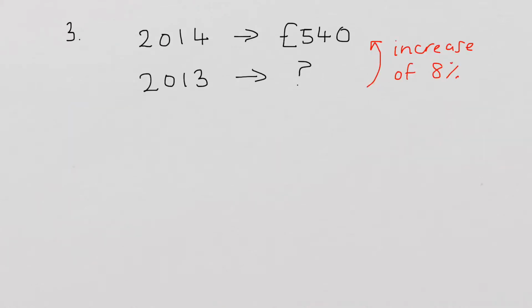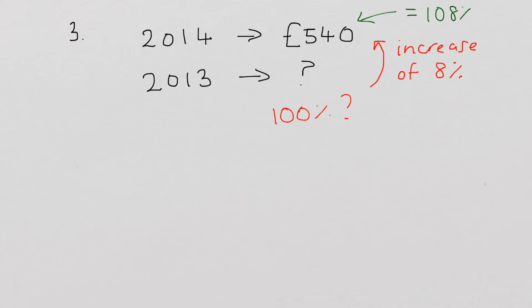And finally, question 3. We're told that in 2014, the cost of the holiday is £540. So we want to know what it was in 2013. So there's been an increase of 8%. So if we say that in 2013, that was 100% of the cost of the holiday, okay? So that's what we're trying to work out. We want to know what 100% is. If there's been an increase of 8%, then we know that this is equal to